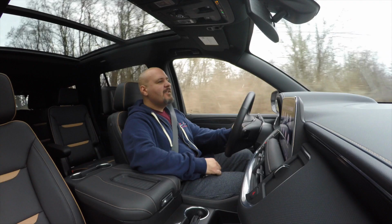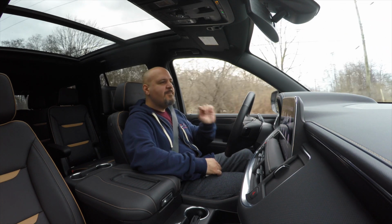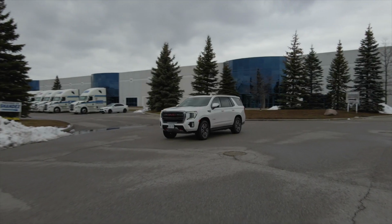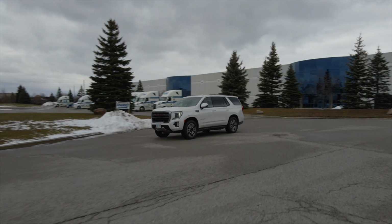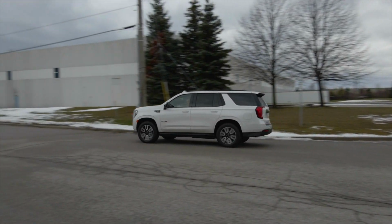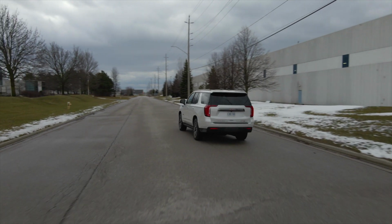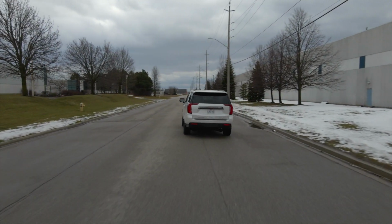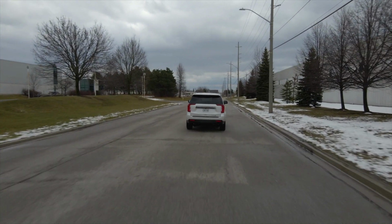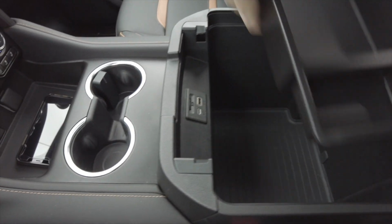I hope not. GMC's tagline for the Yukon is that it's the SUV that's meant to be used. Like all the others aren't. Anyway, because of that though, it has a lot of features that help you with everyday tasks. It has lane keep assist, blind spot monitors, collision detection, pedestrian detection, hill descent control, a great Bose sound system, wireless Apple CarPlay and Android Auto, a wireless charging pad, navigation, OnStar services, 4G LTE, a Wi-Fi hotspot, USB ports